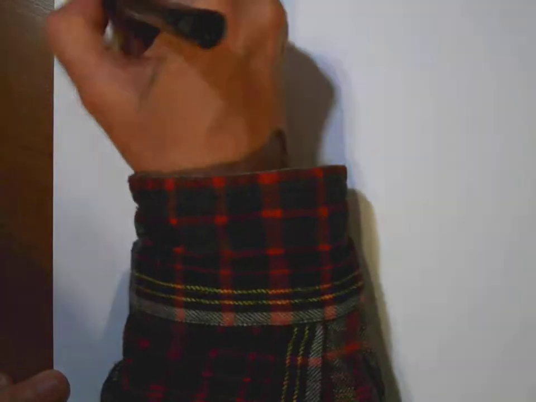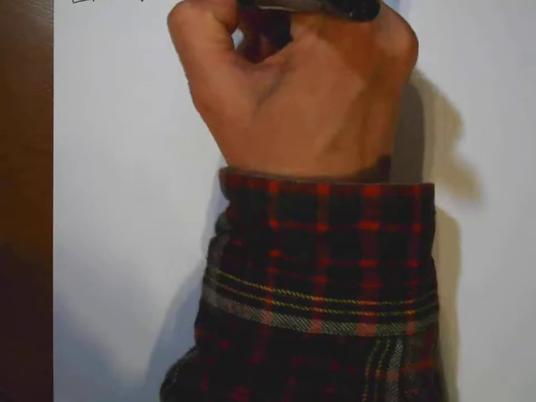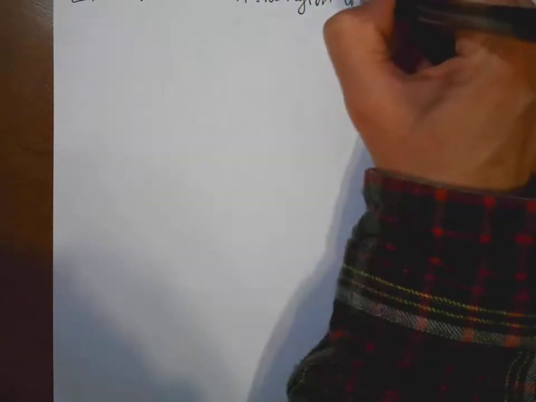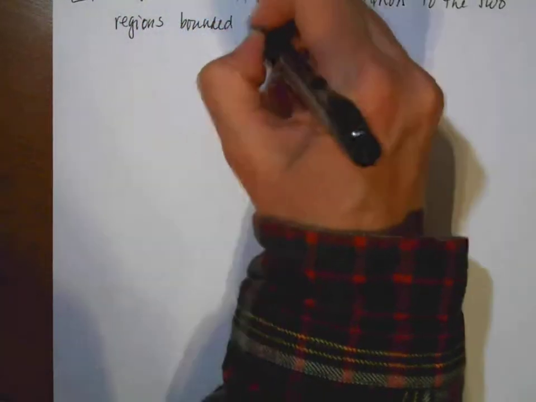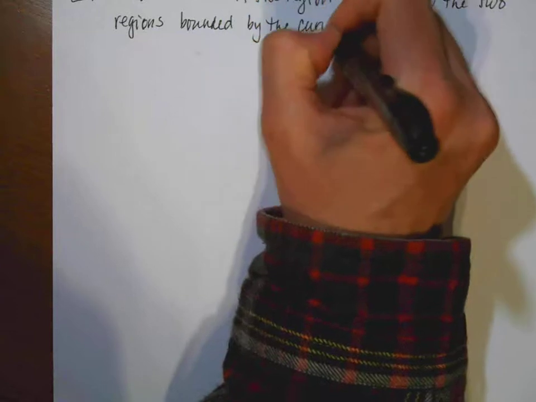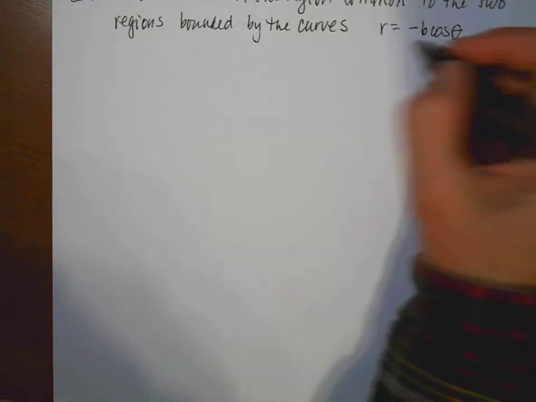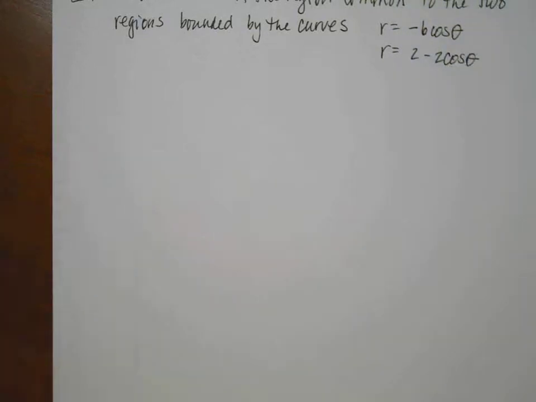Alrighty, so the next example, we're going to do another example: find the area of the region common to the 2 regions bounded by the curves r equals negative 6 cosine theta and r equals 2 minus 2 cosine theta. But before we do that,